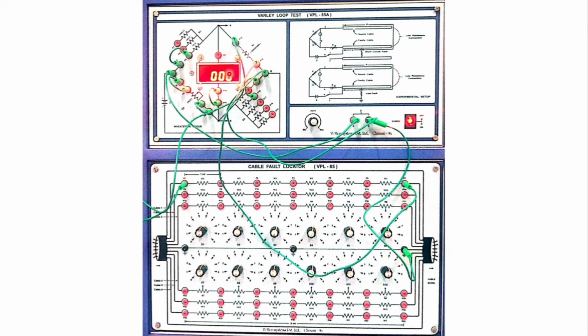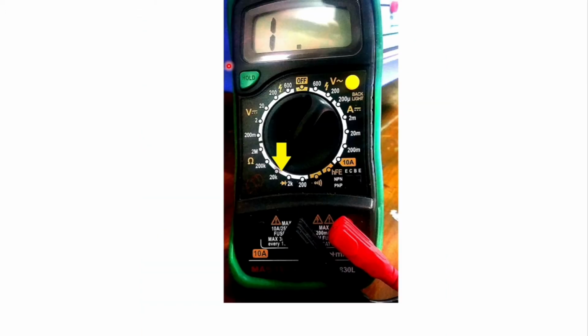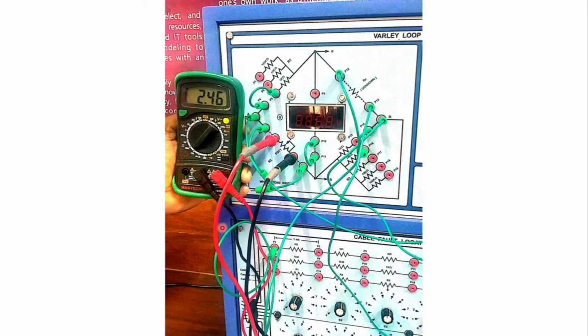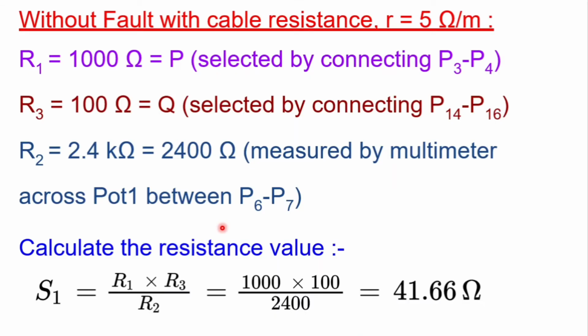See, here you found that the regulated knob made this reading turn out to be 0. Now let us take the reading. For that you can remove this because it is ultimately the resistance you need to find out. Connect the multimeter and you get the reading. So you get the reading as 2.46. Once you get the reading, you can do the calculation. Now the part becomes easy.